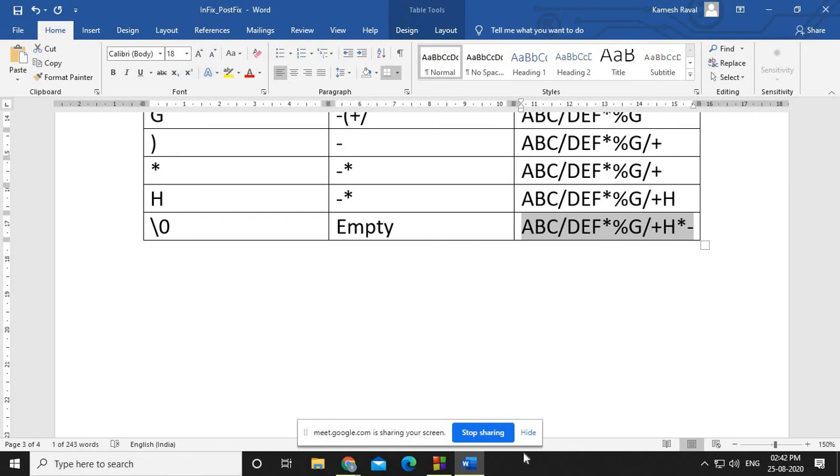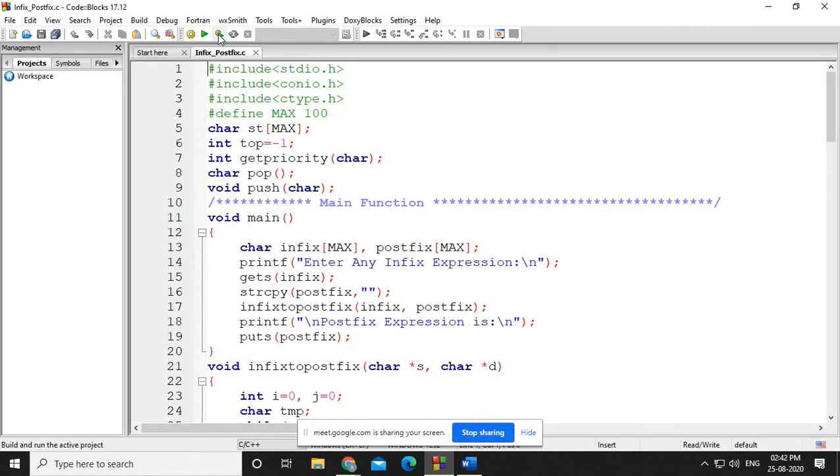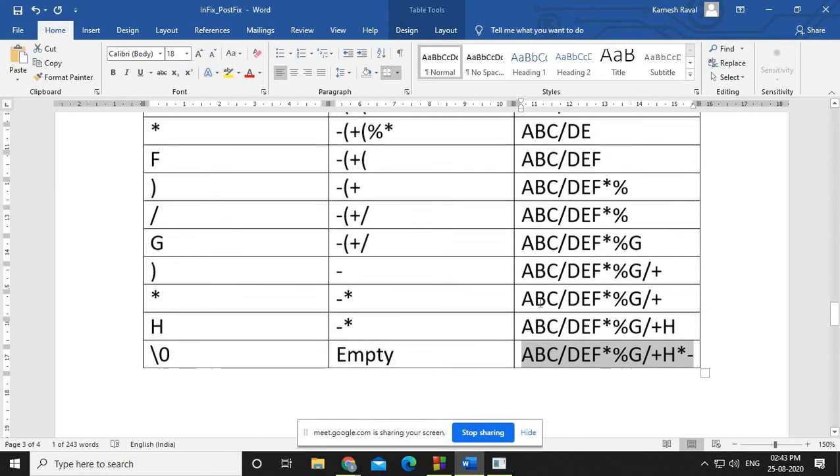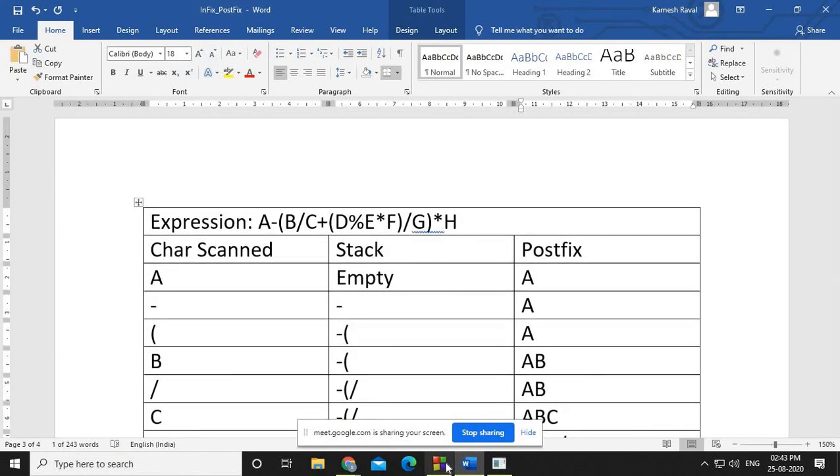And if you want to check this, this is the program I have written for you, and here you just insert this expression.